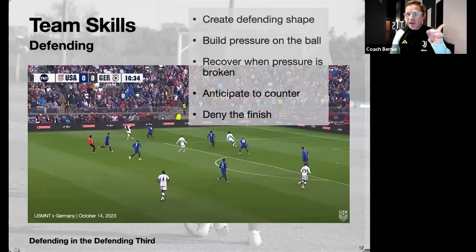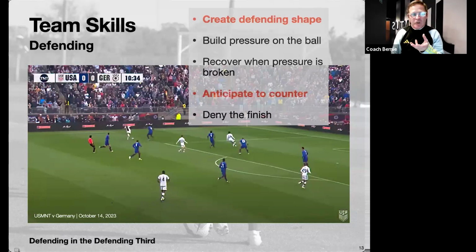Okay. So today we're really going to talk about just two of these: what our formation looks like, where we are positionally with respect to each other when we're on the defense, and then how we react when we think that we might be getting ready to counterattack. Okay, so if you look at the picture right here,